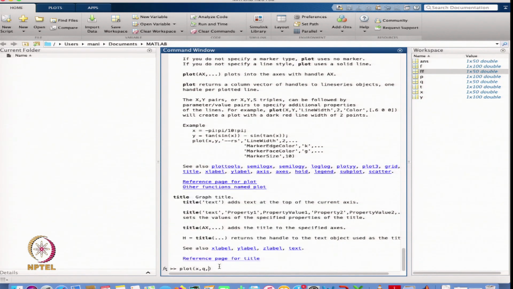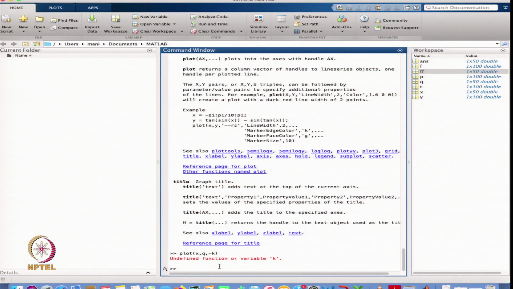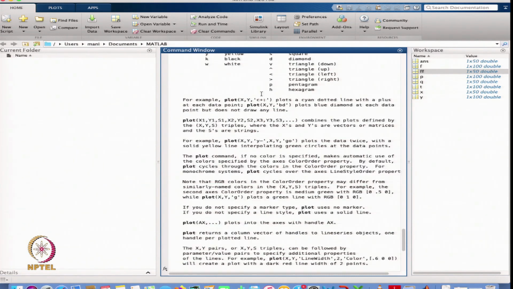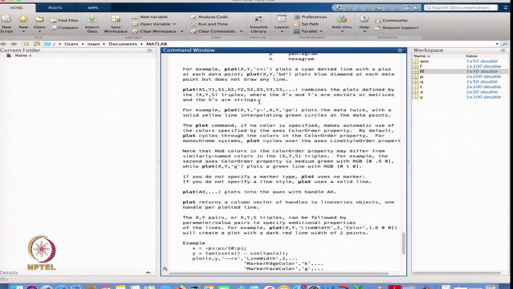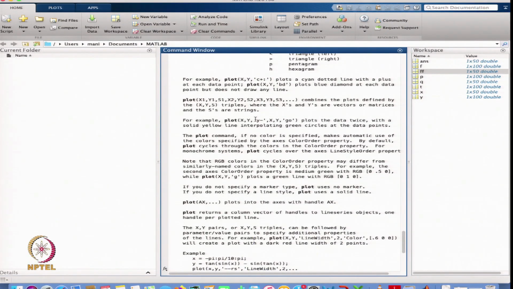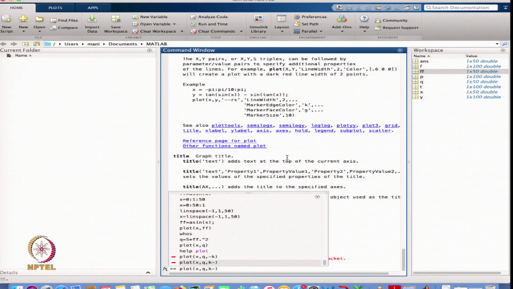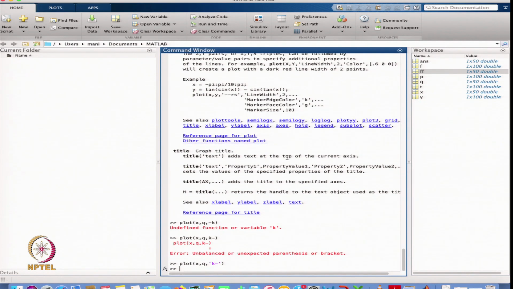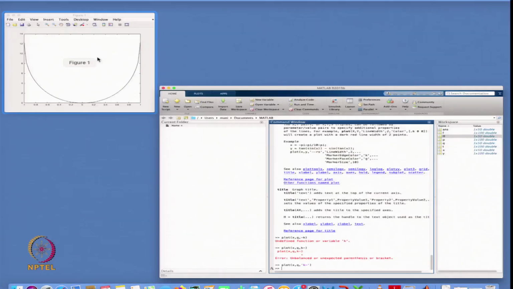This one plot I have done. Now I want to plot k. So, that is the plot we have defined. Oh, we have to define this one in columns. You can see that we have to define it in columns like this, which is why it is giving the error. So, we define this in a column, and then this is the plot we got.